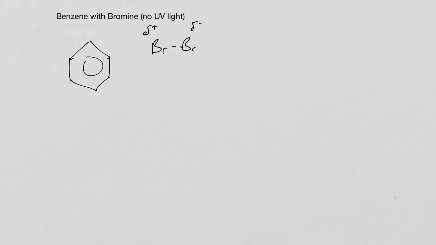So what we want to do is try and attract the electrons to one end, resulting with the other end being delta positive. We do that using iron bromide. Iron bromide, with the bromine being electronegative, results in the iron being delta positive, the bromines being electronegative, which pulls the electrons in that bond this way. We can show that slightly differently. And that now means that this bromine is delta positive enough, permanently delta positive enough, to be able to attack